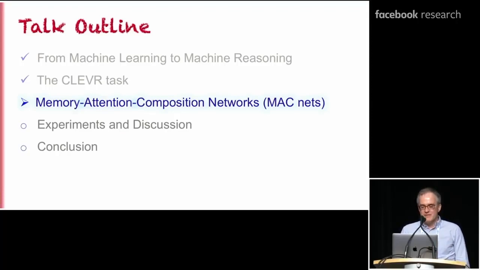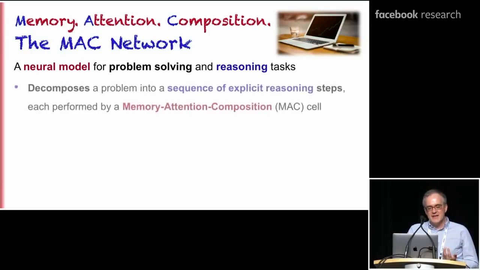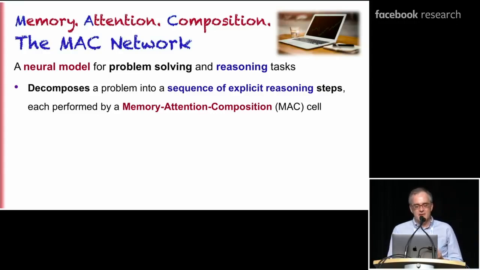Okay, but now what I want to do is move on and tell you about the memory attention composition networks that we've designed. So the idea of this network is how could we custom design from the ground up a neural model which has a better structural prior for problem solving and reasoning tasks. And building on the success of sequential models, this model is explicitly a sequence model, but it's designed to be more constrained in such a way as it encourages it to do a sequence of explicit reasoning steps,